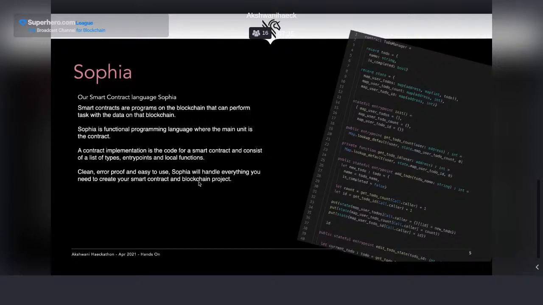And of course, because of the functional programming, we have something almost error-proof. So it's very easy to ensure that the function you are writing is going to work properly, and you can test it pretty easily. Okay, so it's like I have everything in one place. My smart contracting language is going to help me with anything I need to work with my blockchain project, at least from a smart contract approach.